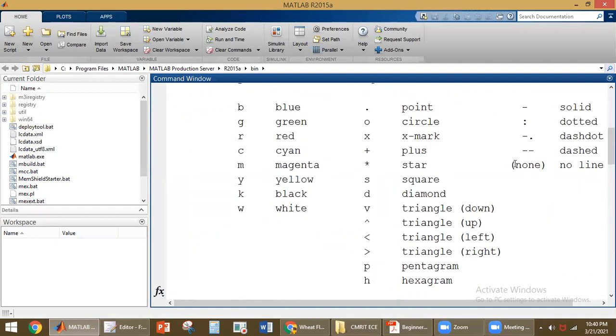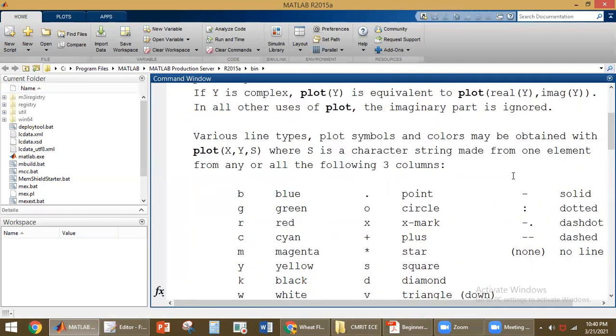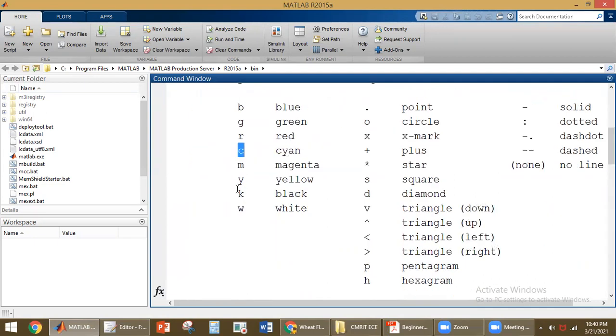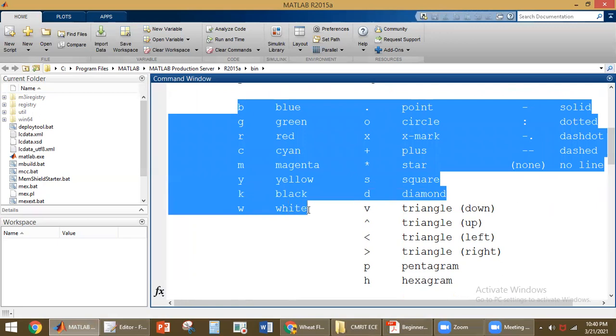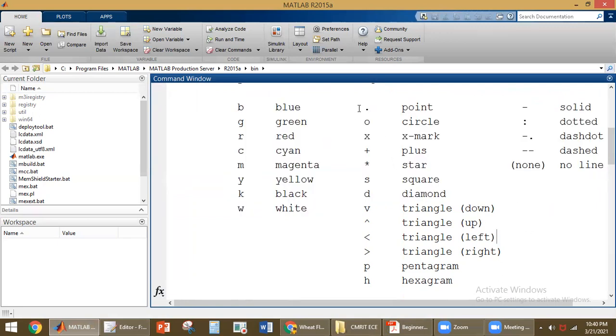And here we can plot in different colors also. The default color will be blue. If you want to plot in blue color, we use b. If you want to plot in green color or red color, the plots will be obtained in those particular colors like this. If you want to plot in any other color, we can use these letters. These letters can be used to plot the graph in that color.